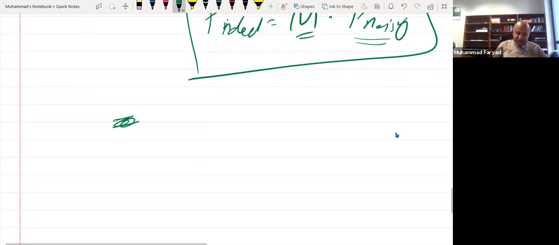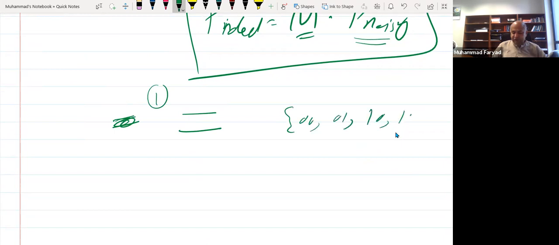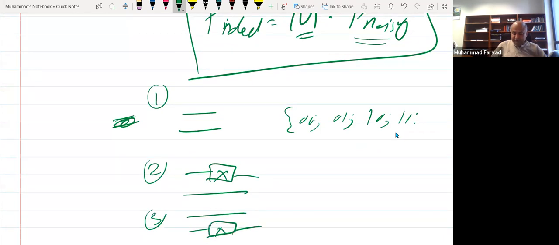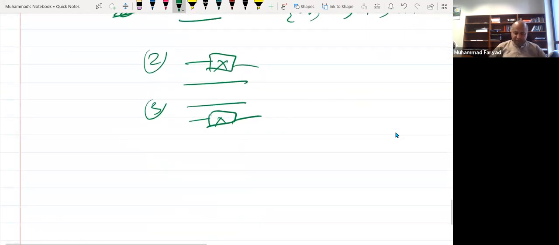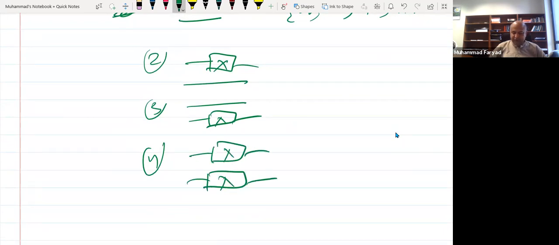So simply run this circuit, and you measure it, and then you will have statistics for 0, 0, 0, 1, 1, 0, 1, 1. And then you run this circuit. Then you run this circuit. And then you run this circuit. So after you have run these 4 circuits and measured them at the end,